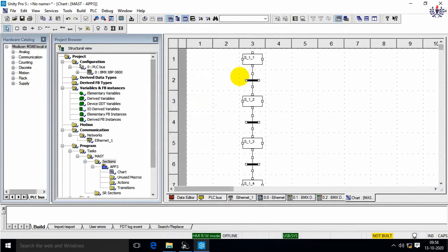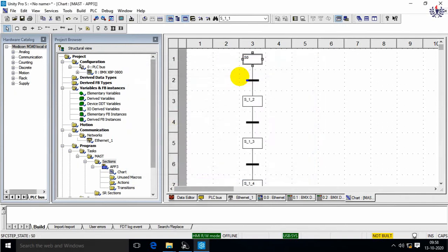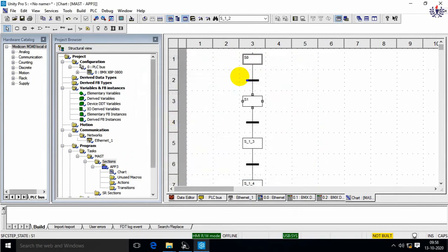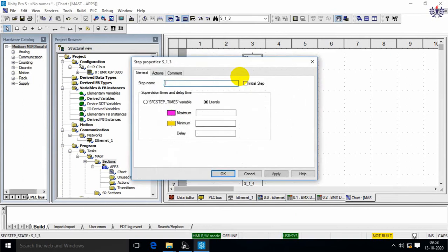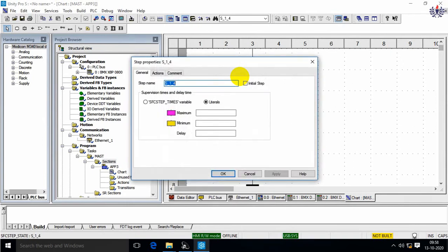I am giving okay. So I am going to rename it. So first is step 0. It is the initial step. I am giving okay. So this is step 1. It is not an initial step. Then this will be step 2. Then it will be step 3. And finally, it will be step 4.